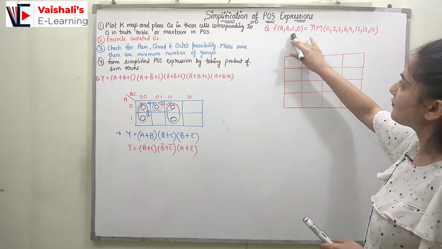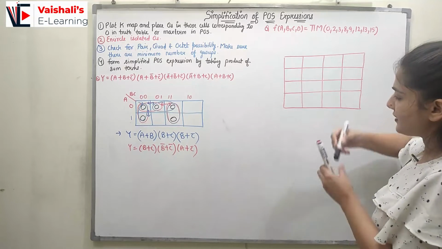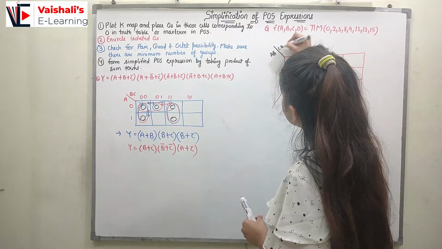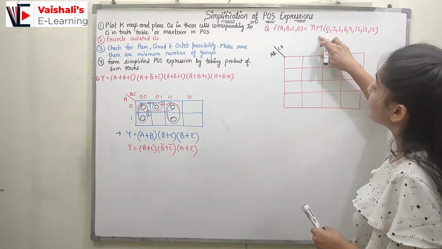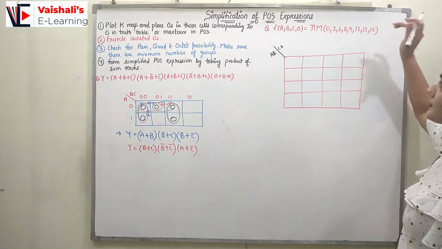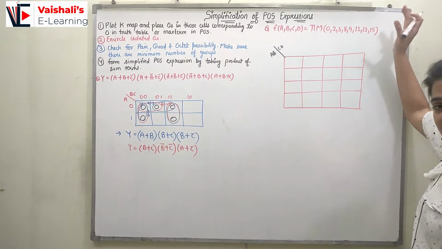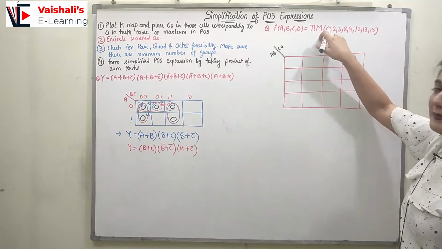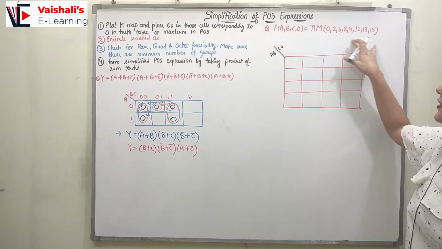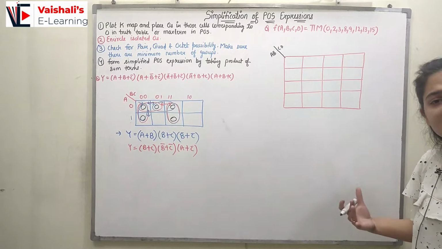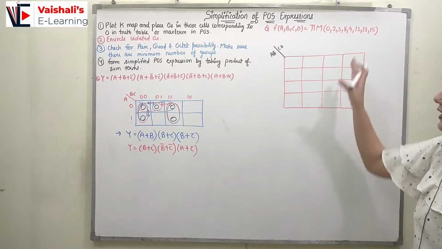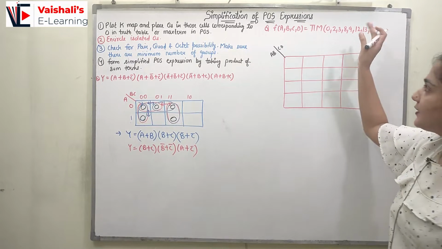Here we have f of a, b, c, d, and we have some max terms which are present. So here let's put AB over here and CD over here. Now we are going to put these max terms. Either you can do it by the minterm method also. You know the minterms and max terms are complementary of each other, and you can find out the missing places where we will be having the max terms, and then you can simplify this by the SOP method. But now here I am going to simplify with the POS method only.